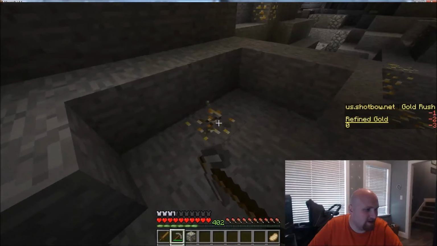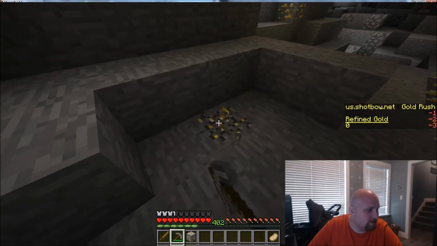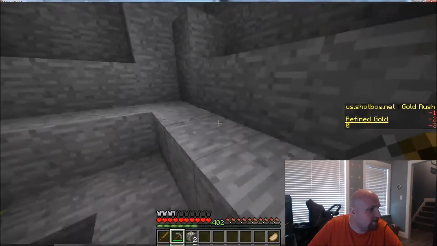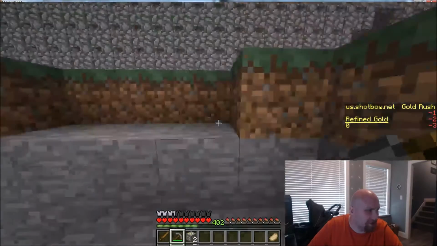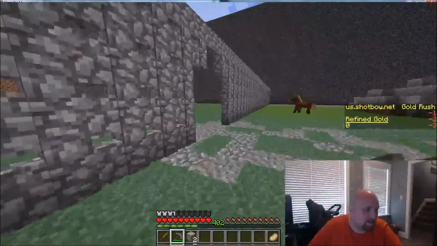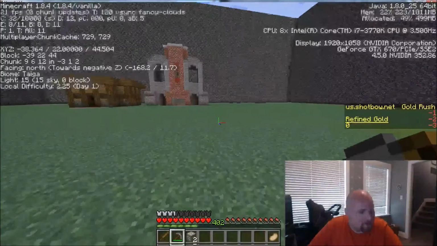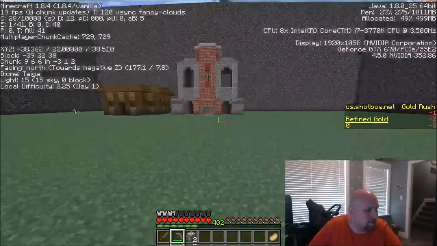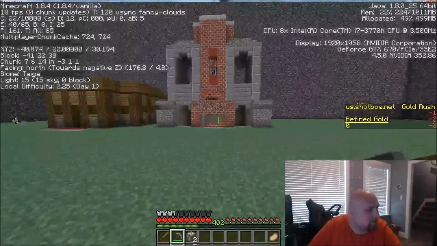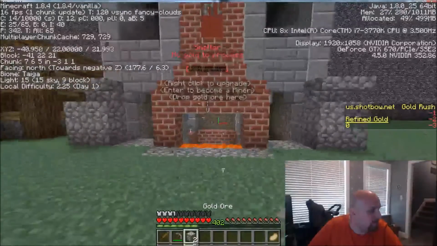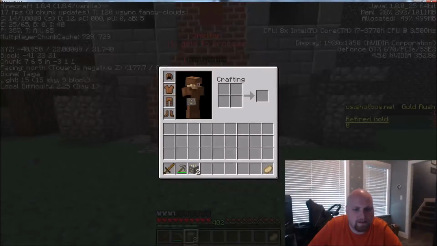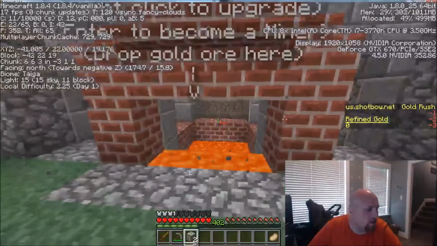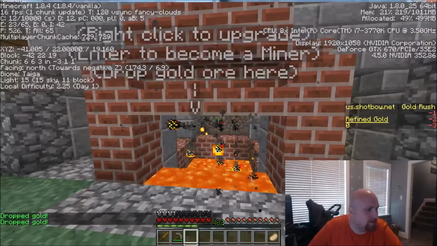So I'm going to grab a couple more gold ore, because I'm lazy. Actually, I'm not lazy, because if I was lazy, I would go into game mode 1 and steal it. I think I'm not getting very good at FPS. Yeah, I'm getting terrible FPS right now, thanks to the stream. That's okay, though. Let's see if I can't improve that at all. Well, for now, I'll just do this.